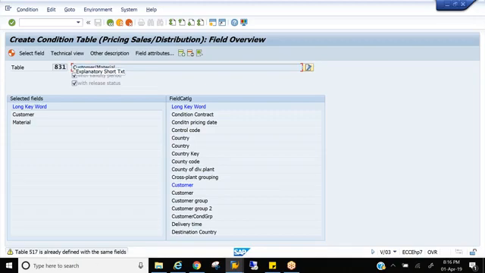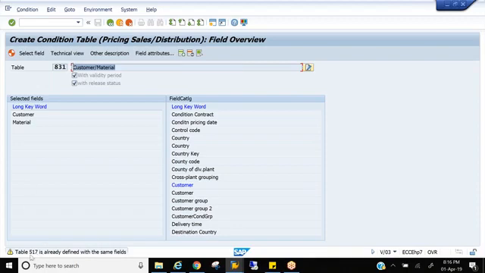As I told you, we have limited tables, right? That is 501 to 999. So it's better you don't create a new table if there is already one existing. Now I don't need to create a table. I can just go and use 517 because it has the same field combination. Got the point? So don't create any new table unless you really need it, if it's not there in the standard. If it is there in the standard, just go ahead with that, right?